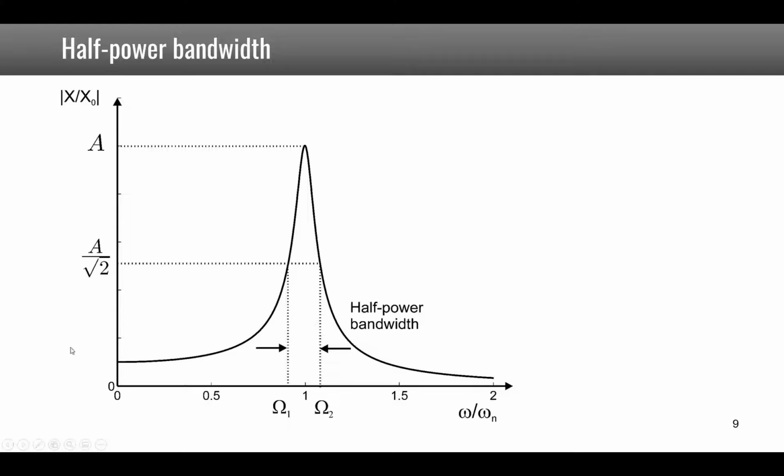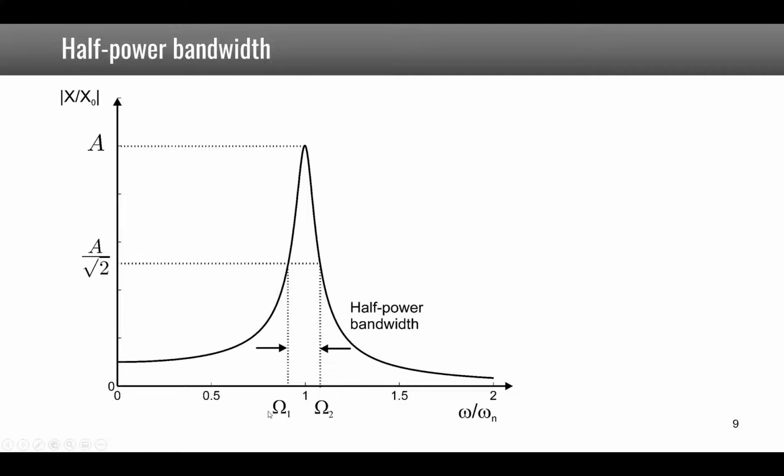So consider this frequency response function, and you identify the maximum here as A. Then you look at the values of frequencies which correspond to A divided by square root of 2. Actually, this method is called half power bandwidth because the power, which is the square of that, so if you look, for example, at the power spectral density of the signal, you would then look at half of the maximum power. So at half power, or A divided by square root of 2 for a displacement, you will have two